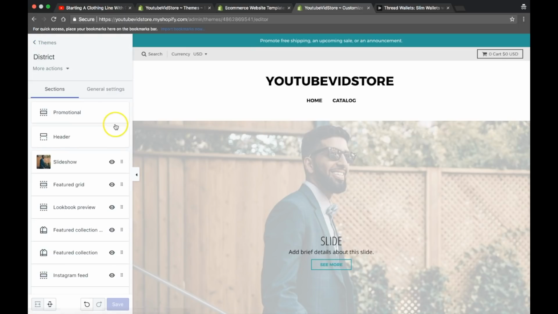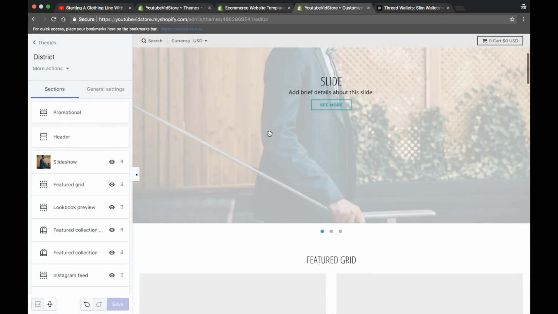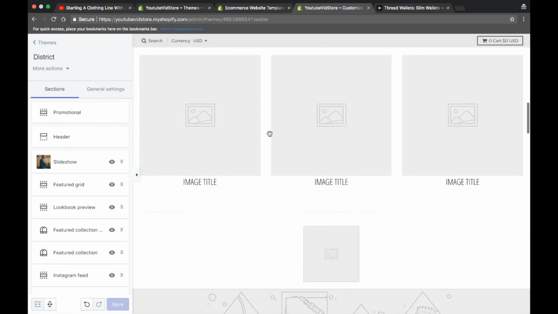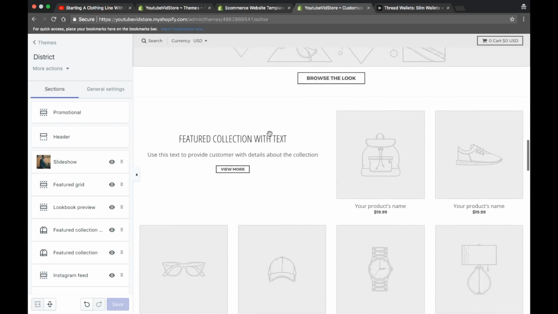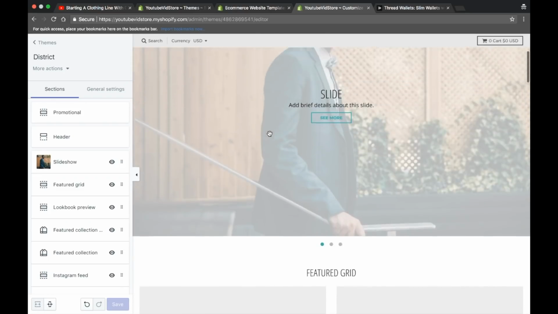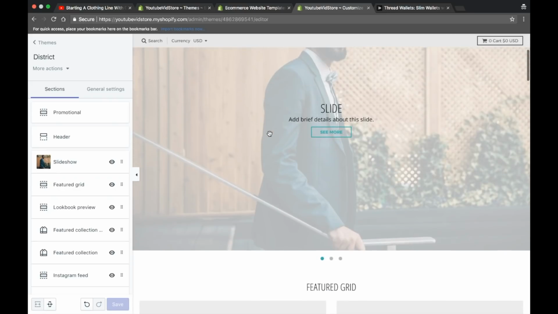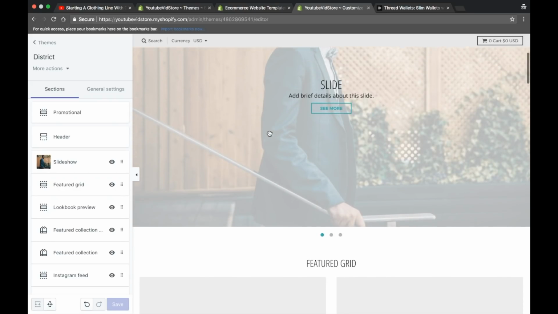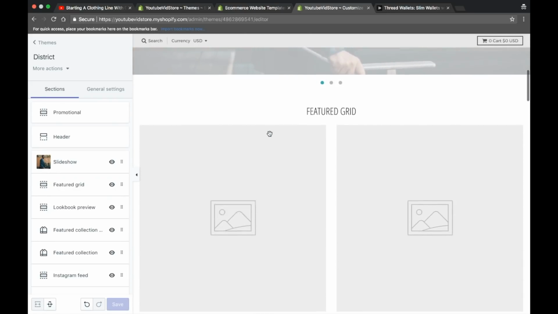So yes, the theme is very important, guys, and it's important for you to preview each theme before you buy them. That way you know if you like it. As you can see, the district theme gives you a pretty cool amount of stuff. And like I promised, I'm going to show you guys some really robust stuff so you guys can really get